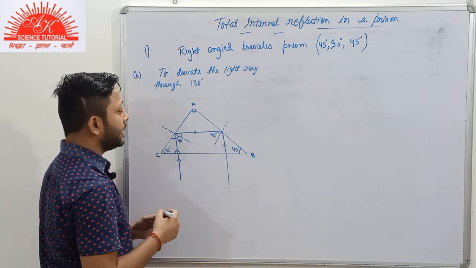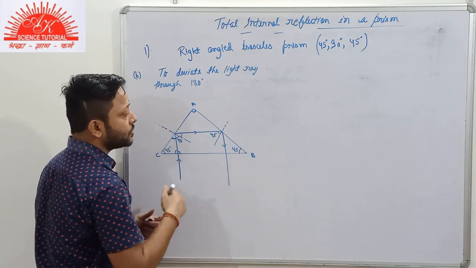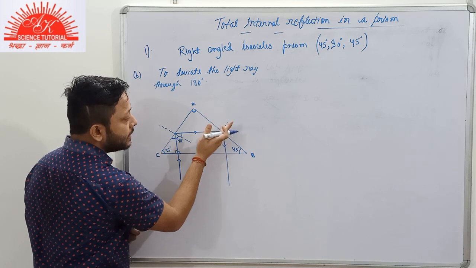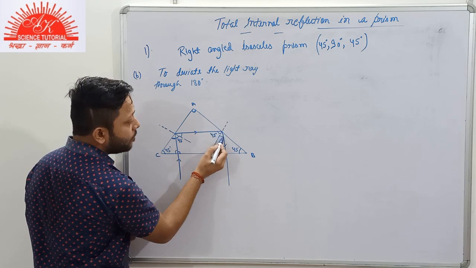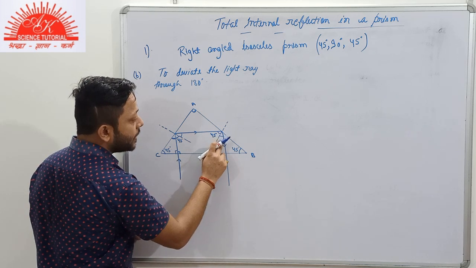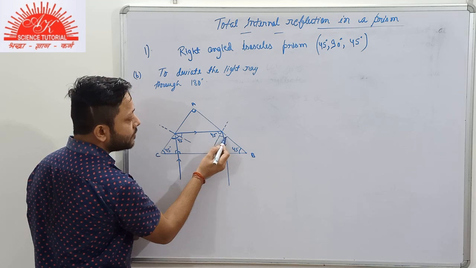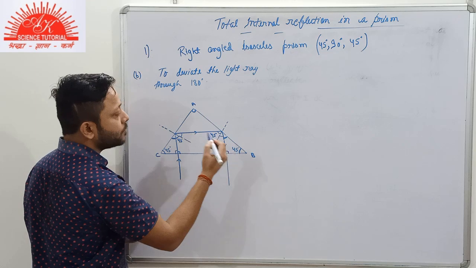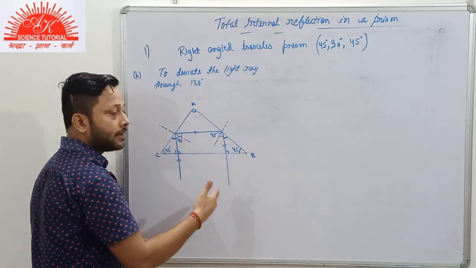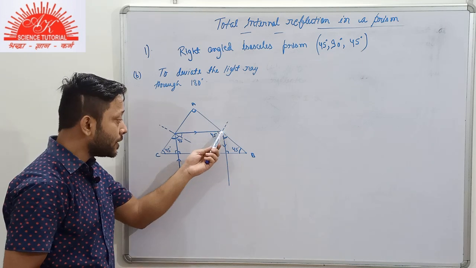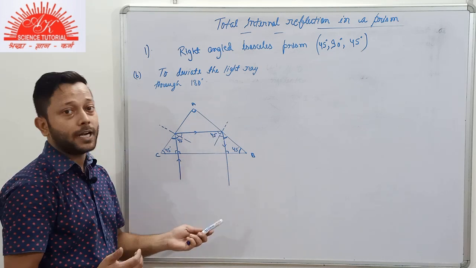And when this light ray strikes this surface, you can find it on your own, this is 45, and if this is normal, then this whole angle must be 90 degrees. So you can find the remaining part, that is this angle, this will also be 45 degrees, and this is 45. So this angle must be 90 degrees, and again it is perpendicular to the surface. So the incident ray, if it is normal to the surface, will pass undeviated.